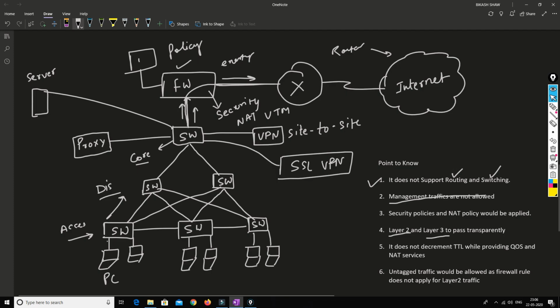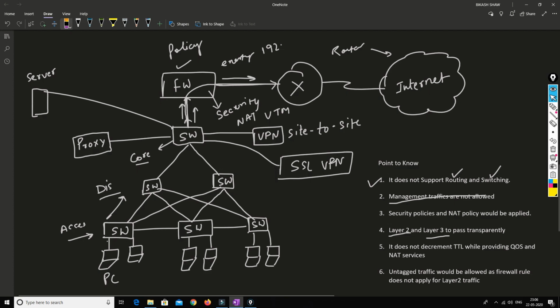What does it mean here? Let's suppose I'm sending traffic through a switch to the router, it should be in the same network.